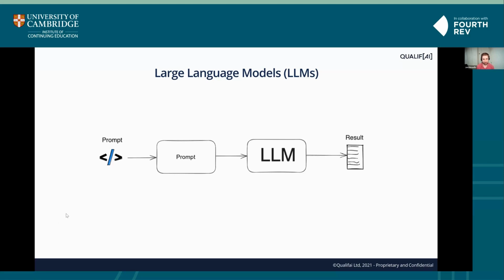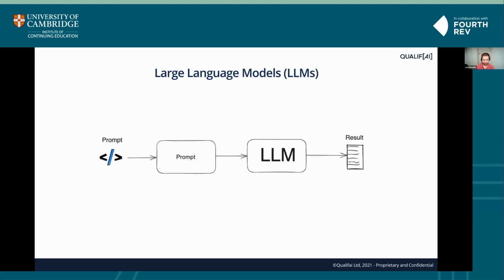So the standard way we interact with large language models is you have a user prompt, and I'm sure everyone on this call has done this. It goes into some black box which we call the large language model itself, and then a result is generated and streamed out to your screen. The problem with this is it has only the data available in the prompt and what the large language model has been trained on.